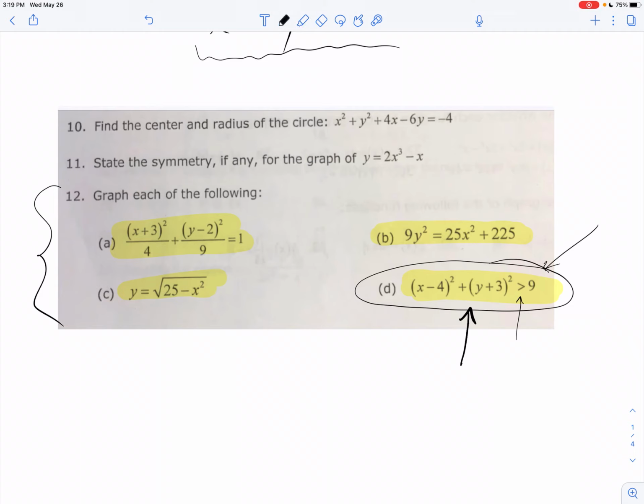Well, I can't get everything done in one video, but I can kind of touch on this. What you're going to need to know is this guy right here. This guy is a hyperbola. And we'll get around to that. I'm going to do a separate video just for hyperbolas because they're a little bit more involved. This guy right here